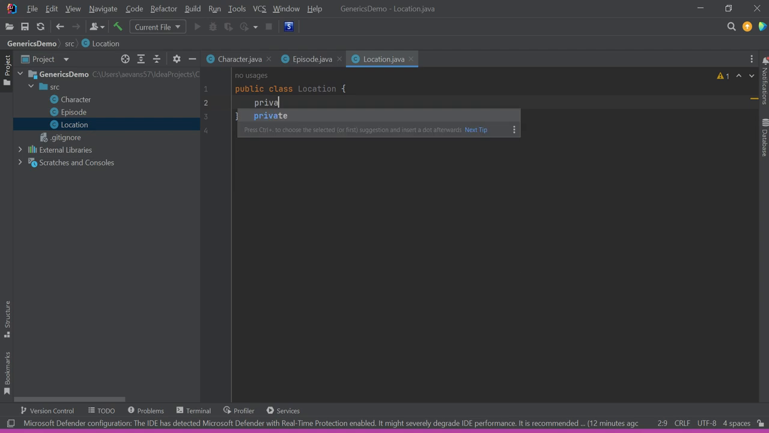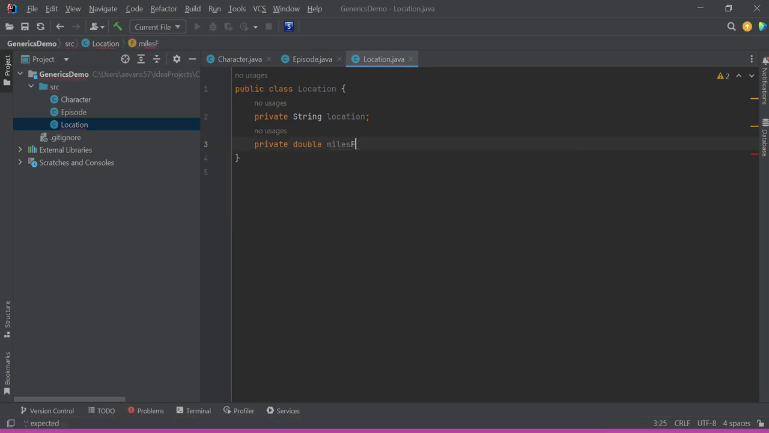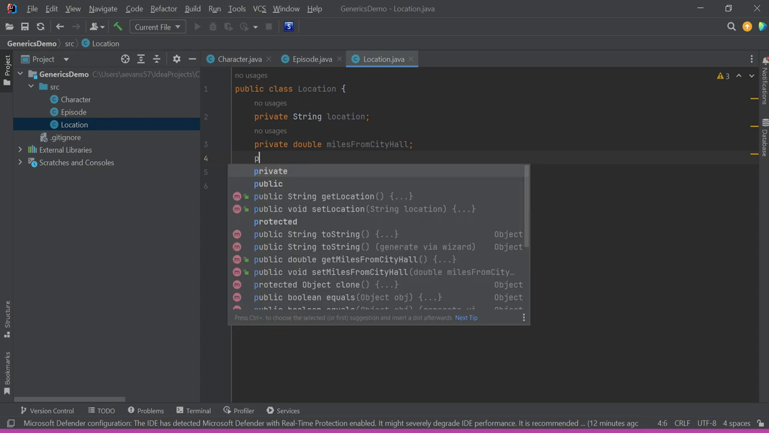So I want to track the name of the location. The location's number of miles from City Hall. If you've never seen the show, it is about the Parks and Recreation Department for a small town in Indiana called Pawnee, and they work out of City Hall. And then